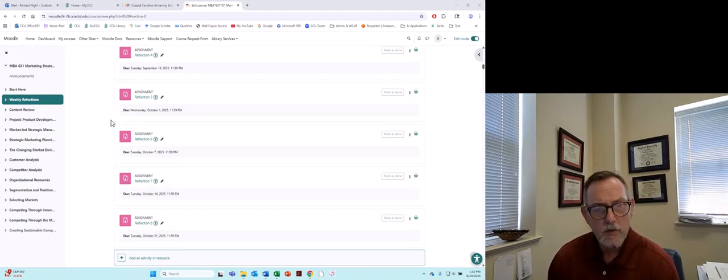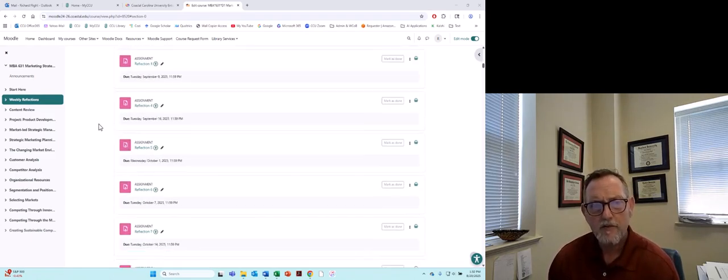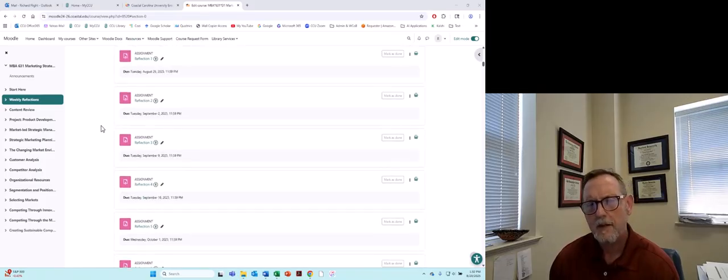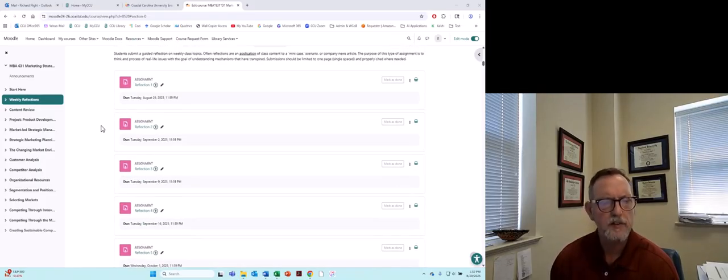So 8 total reflections. When you write up a reflection, it's going to be, I'm going to say, at least a page worth of content or material, maybe 2 pages. And it's going to require most likely that you do some additional research with external references above and beyond what you're provided, to really understand and really tease out and really focus on those quite a bit.